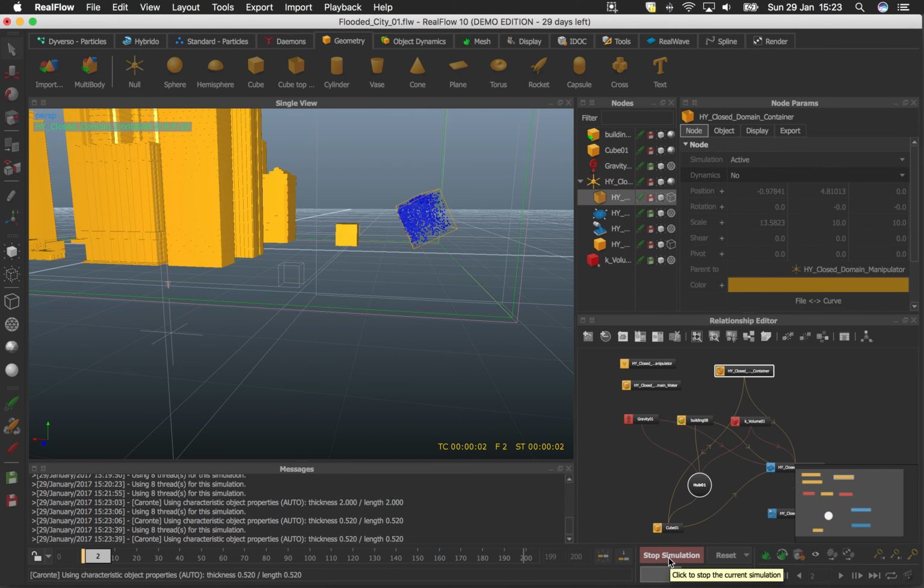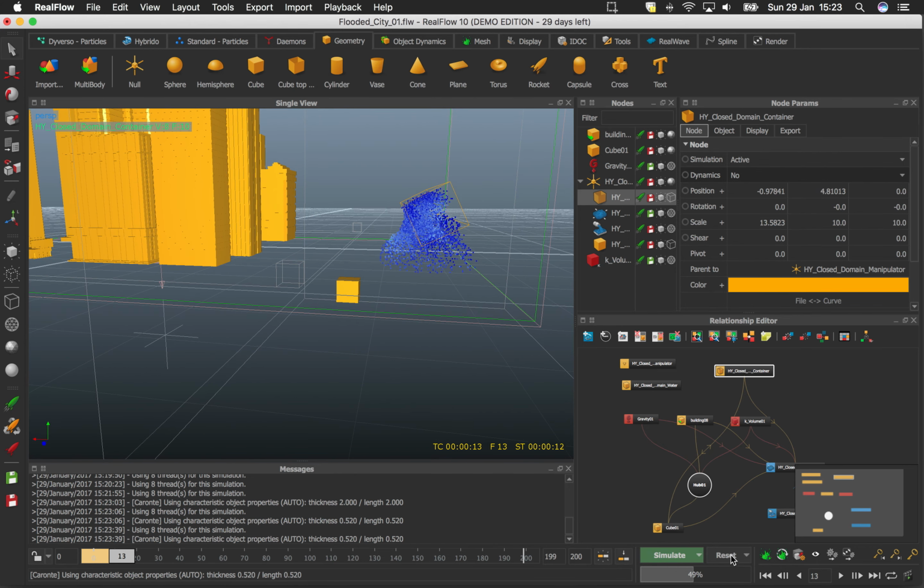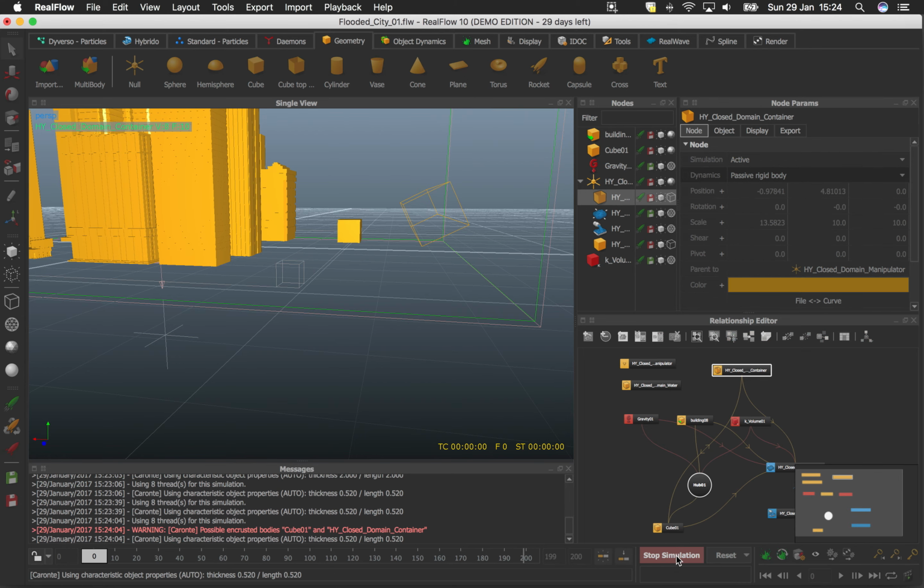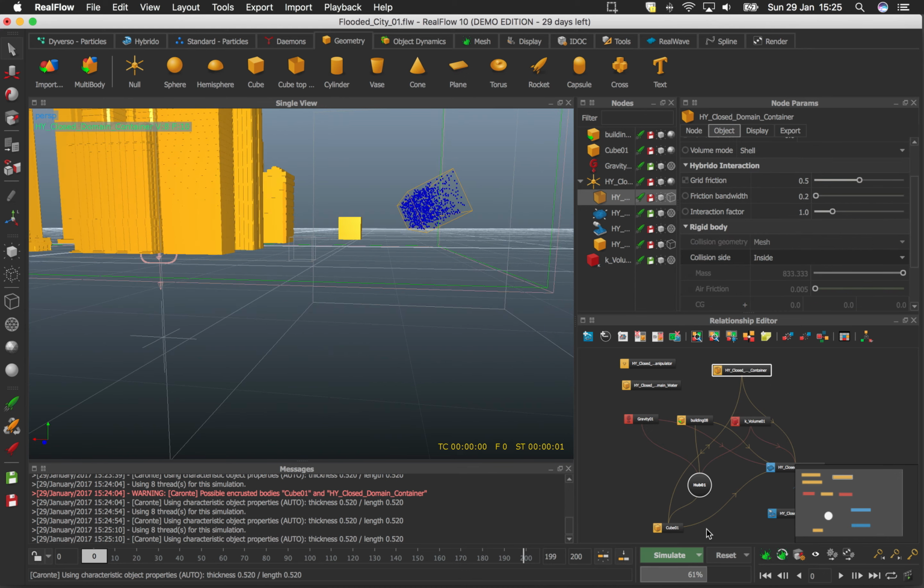So, simulation. That's still going through. Ah yes, sorry, now that's me still being backwards. My container, I need to make a passive rigid body. Get there in a second. There's probably one more checkbox I need to hit as well. Clearly. Oh yeah, of course,